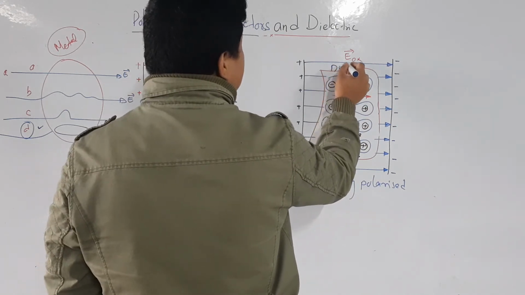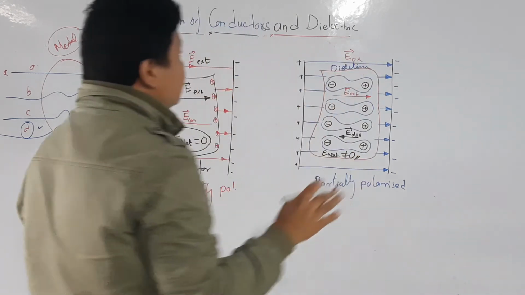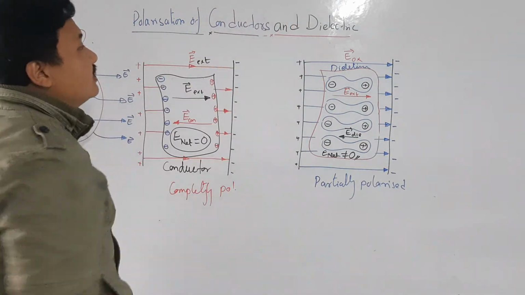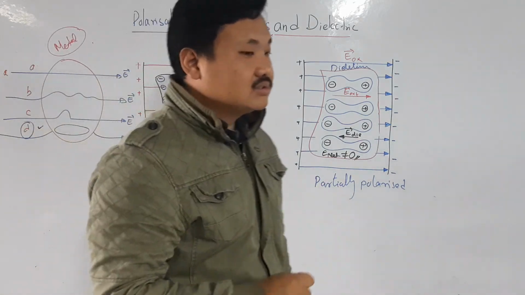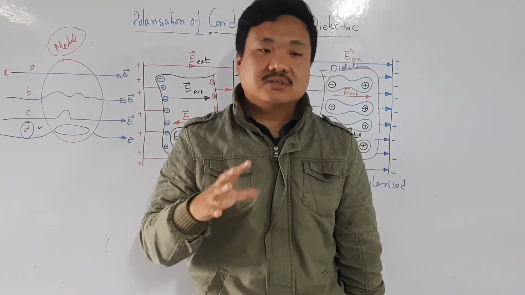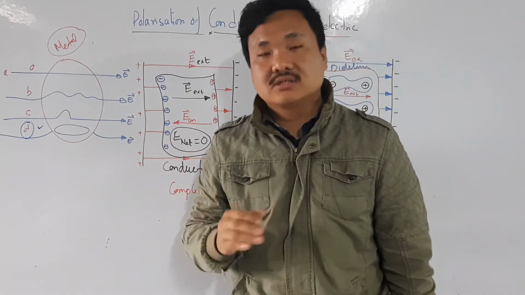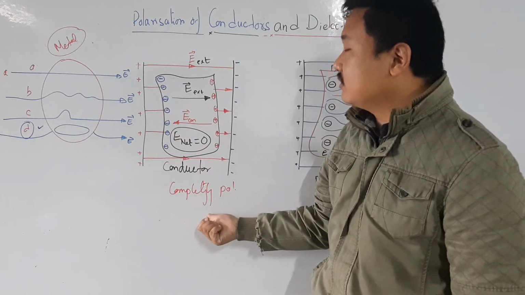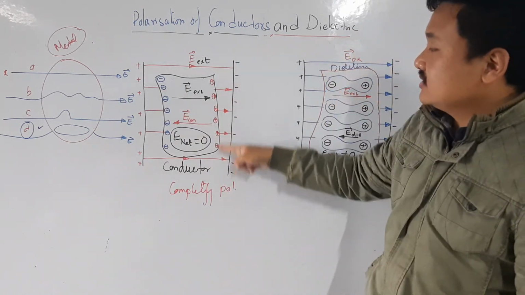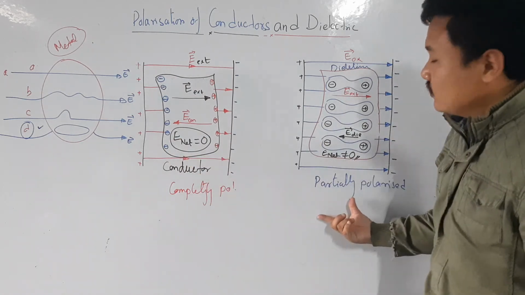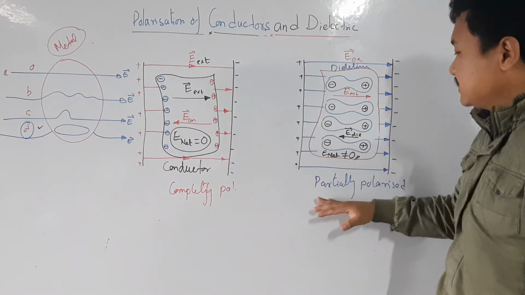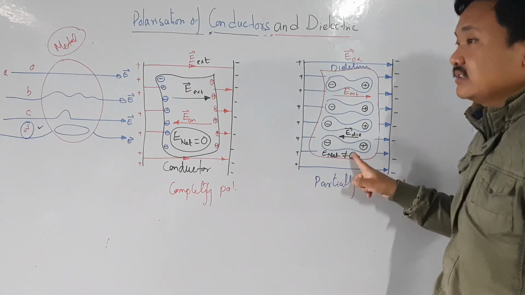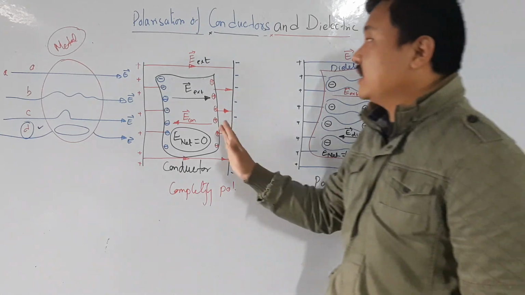So this is all about polarization of conductor and dielectric. These questions are very important, because this diagram is often asked. You should always remember: in a conductor, free charges get completely polarized, and all the charges will sit at the edge. In a dielectric there are no free charges, so they get partially polarized, and there will be a net electric field inside. The net electric field is not 0, whereas in metal it is 0.